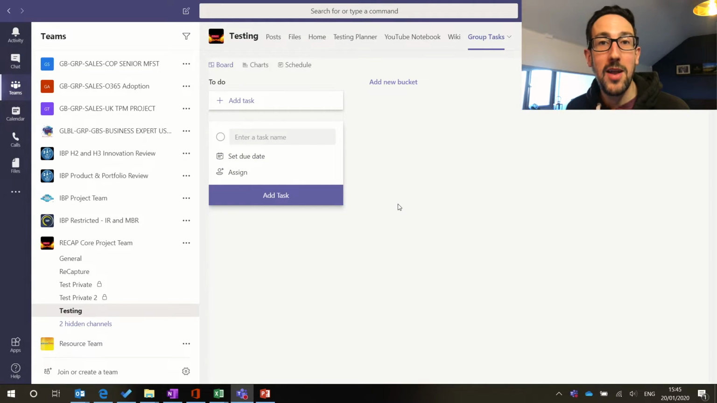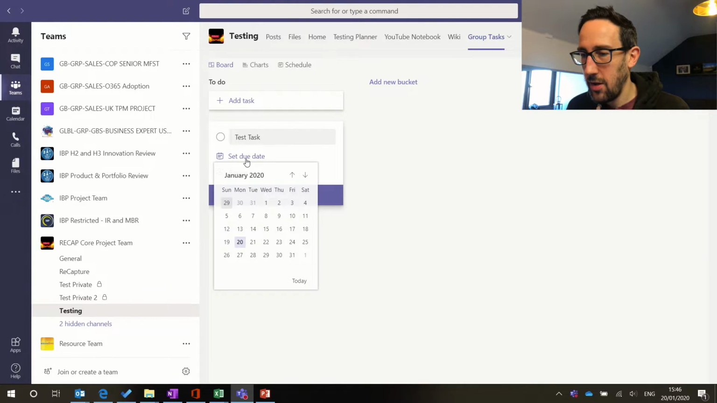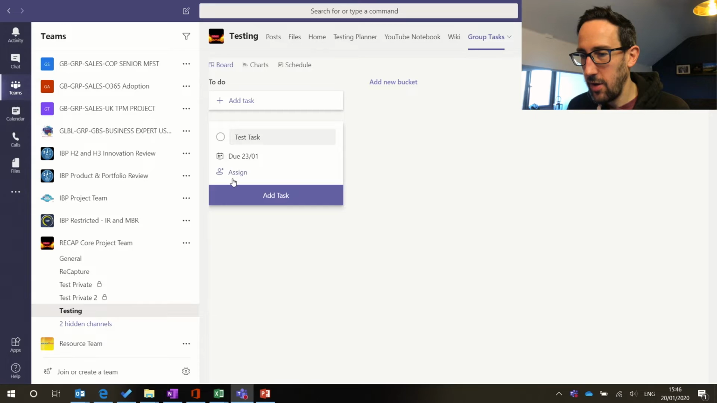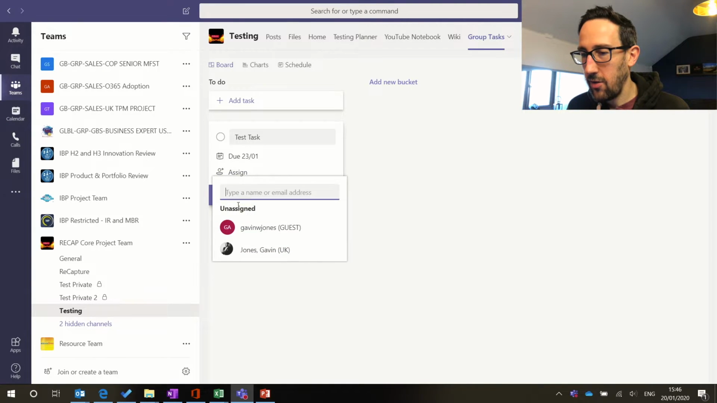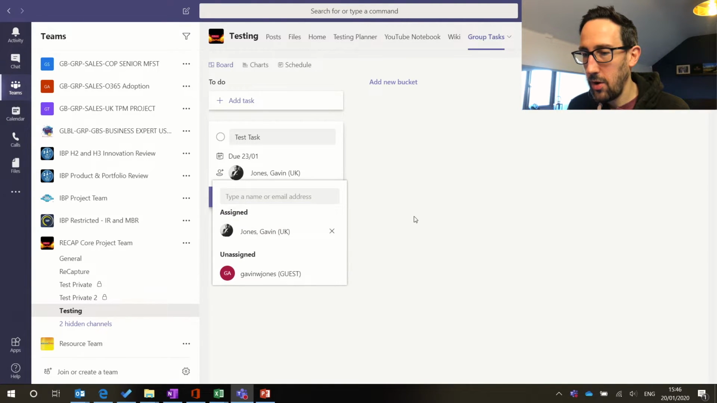That's the most simple a planner can look. So we've just got one list, which you don't need to know about different buckets yet. We've got one bucket that just says To Do, and we've got one little task card here that's waiting for us to put a task in. So if we do test task, we can set a due date. So let's put it in for Thursday, and we can assign it to me